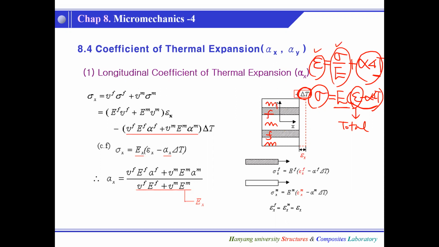Regardless of stress, regardless of temperature, this composite has to expand the same amount in the x direction, right? That is given by Ex. So that is the one we have to have. Now, very importantly, the